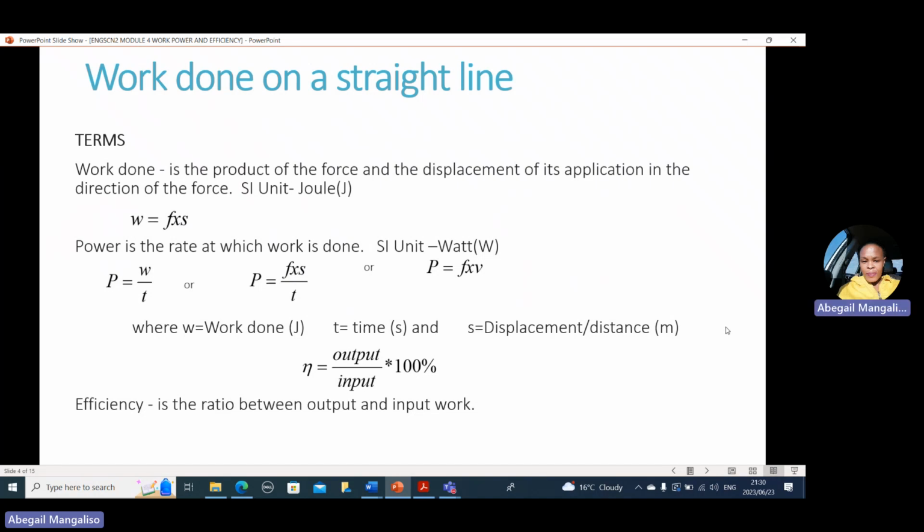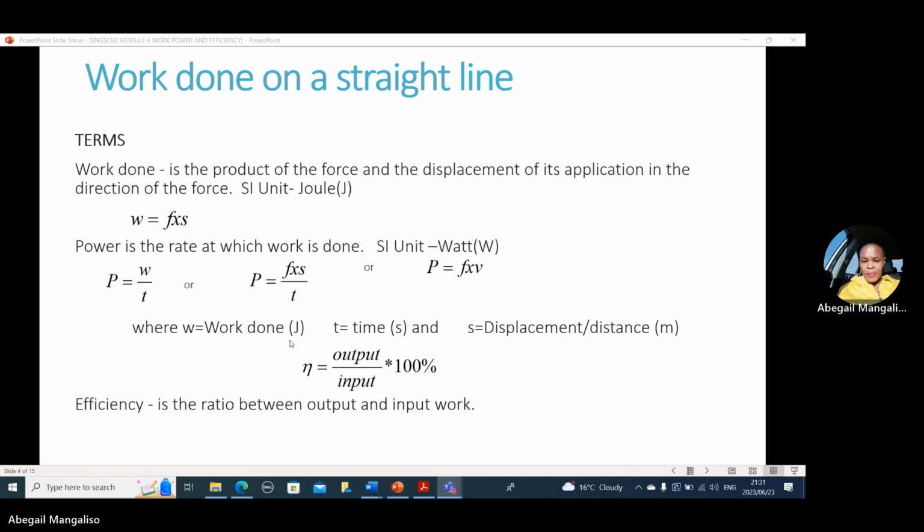And the S will be a distance or a displacement, and it must be in meters. If not given in these units, convert it to meters. Now, if the work done is in joule and the time is in second,